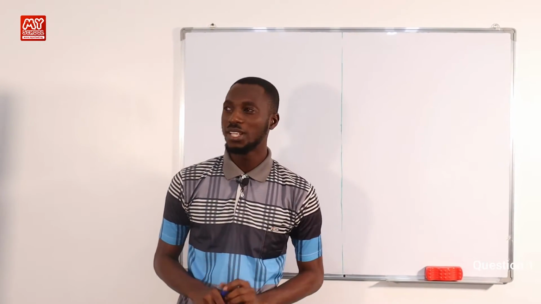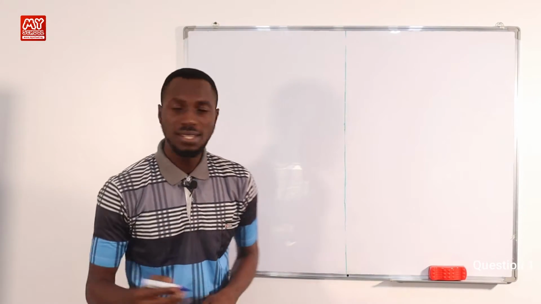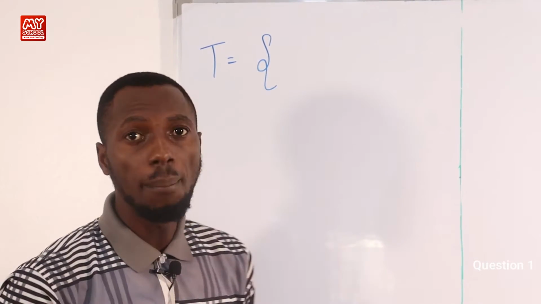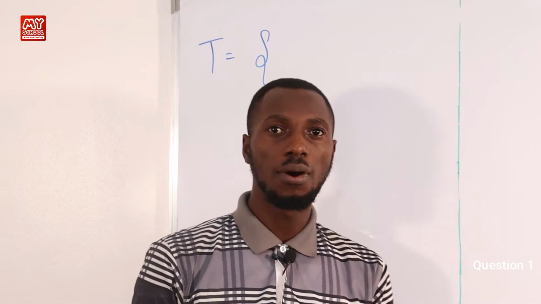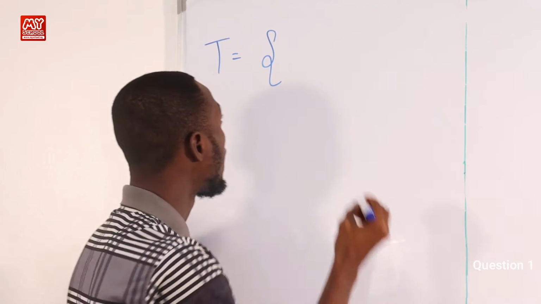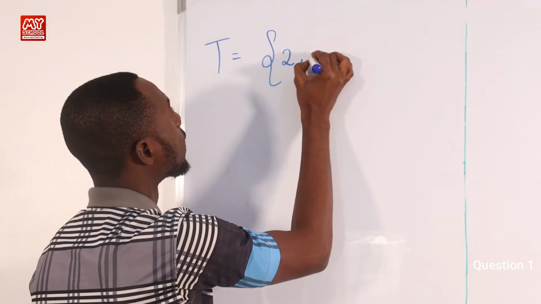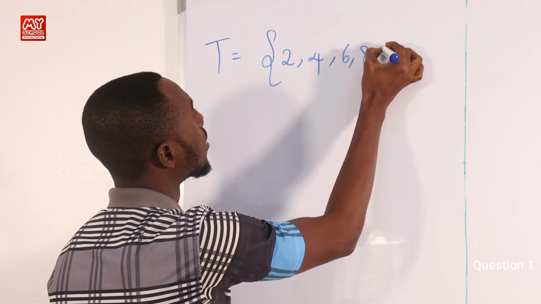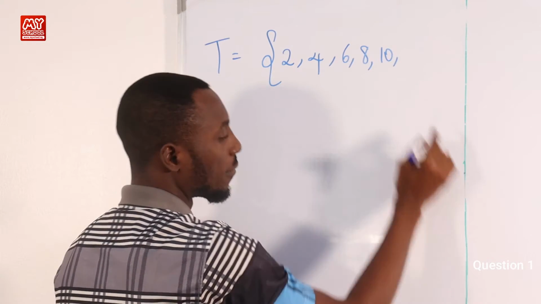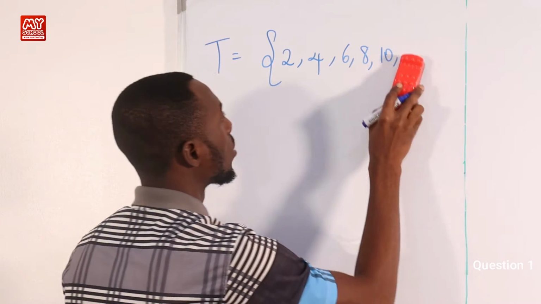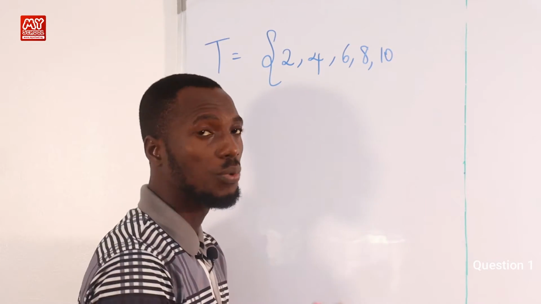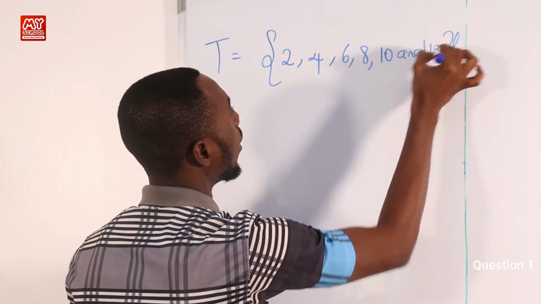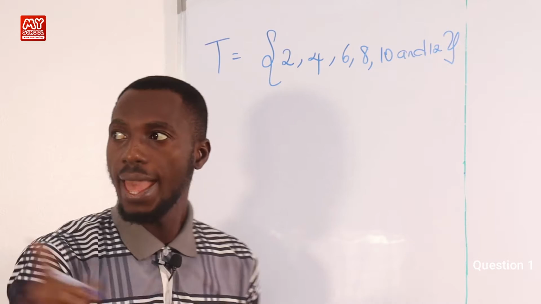So we see that T is even numbers from 1 to 12. And you recall your even numbers, we have 2, 4, 6, 8, 10, and 12, because the question states between 1 and 12, and 12. All right, then we have N,